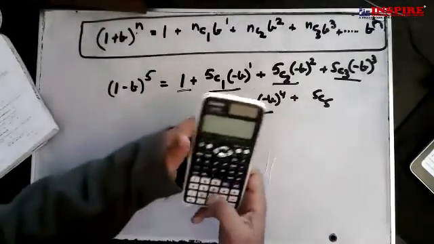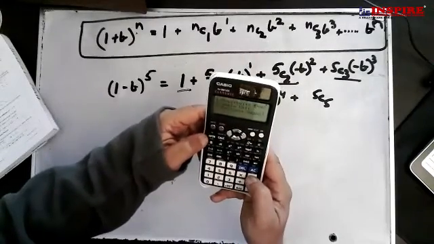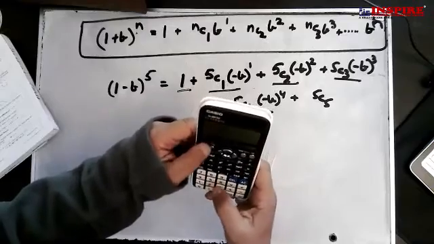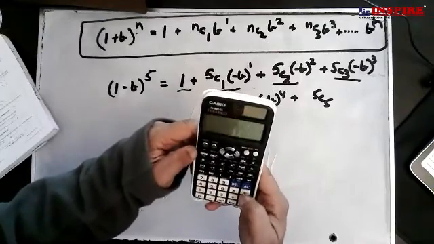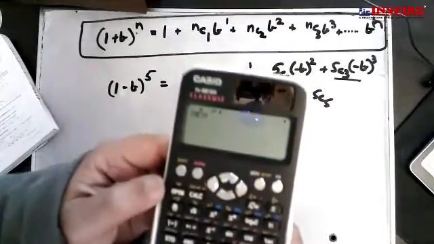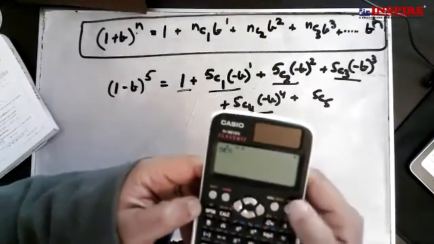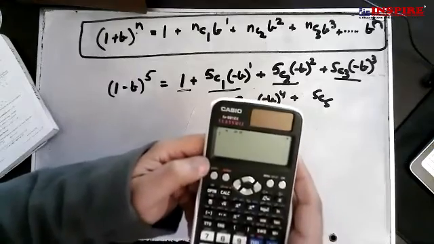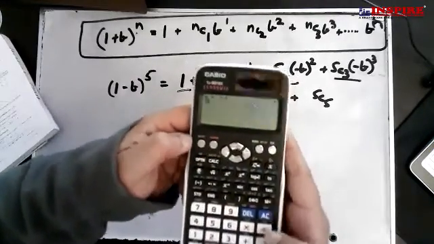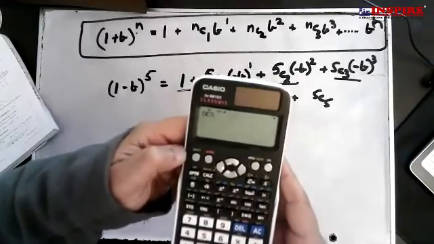So I'm going to say this: 5, shift, C5. This is what you have to do. You type a 5, then you shift, you press the division sign, you write down 5. And the answer is